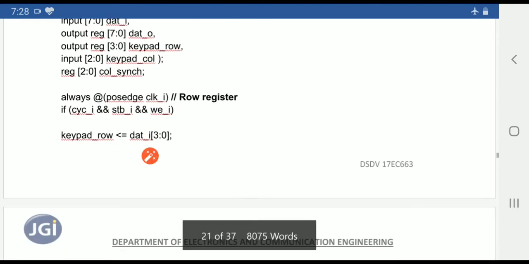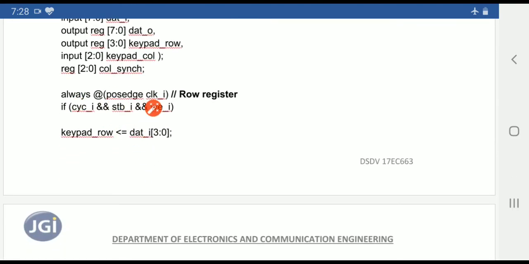First thing, always at the positive edge of the clock, the row register, that is the input register, will check the condition whether the keypad controller is available or enabled or not. That depends on the cyclic input, strobe input and write enable pin. If they are all active, it means it is ready to receive the data from the GUMNet to the keypad controller.